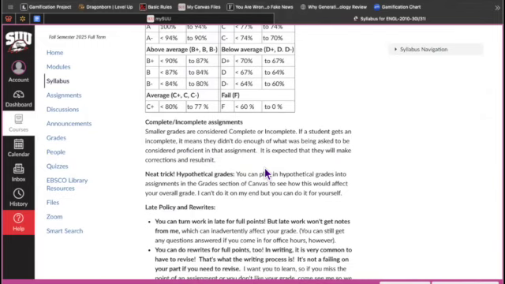Back in the day when I was in school, we had physical syllabi, and we'd lose it a lot and then didn't have a copy anymore. So this is awesome. Or we had it, but we had no idea where it was. You can do hypothetical grades on Canvas in case you didn't know that. You can just plug in things, see what happens. If I get this grade on this, what will happen to my final grade?